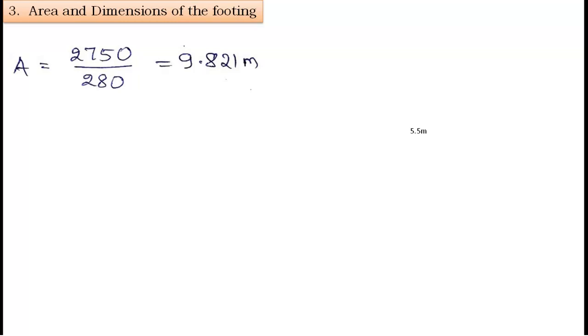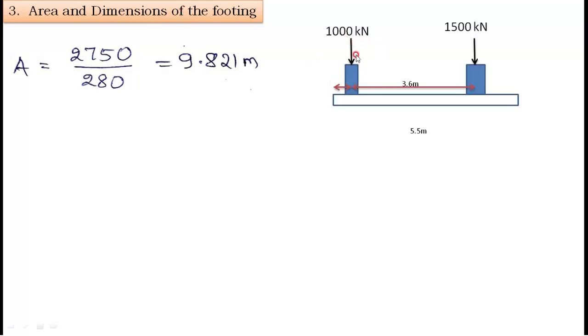Therefore we always design a combined footing, rectangular or trapezoidal, but this problem belongs to rectangular, with concentric load only. What is the meaning of concentric load? It means when the columns are subjected to loads this way, that is 1000 kilonewton and 1500 kilonewton, the CG of these two loads will be somewhere in between these two columns. For example, the total load acting downwards is 2500, and somewhere it will act here. That is the point we need to identify first.